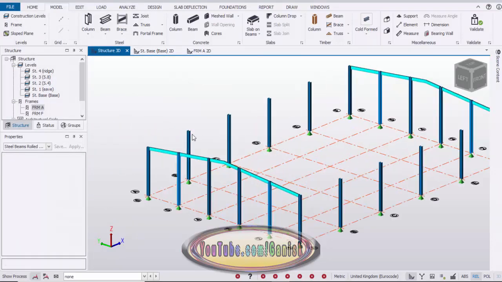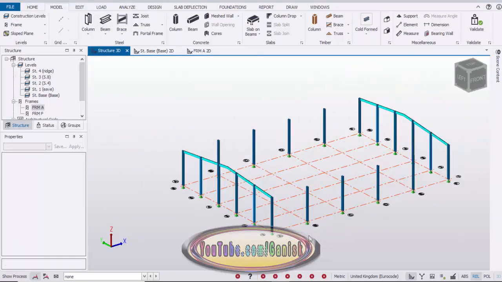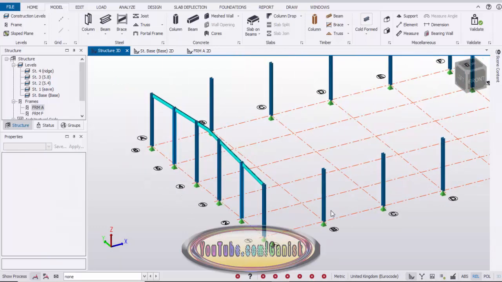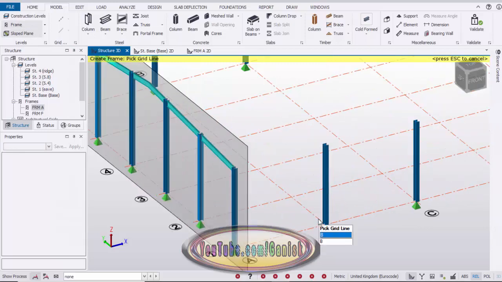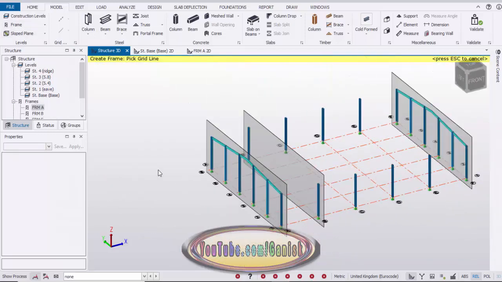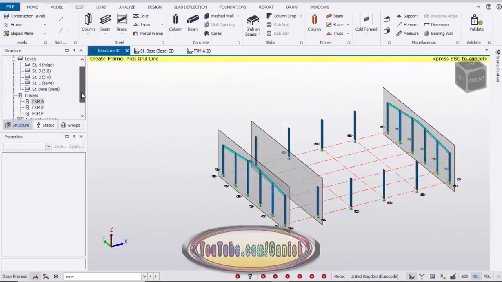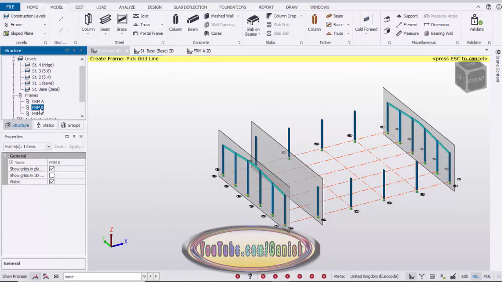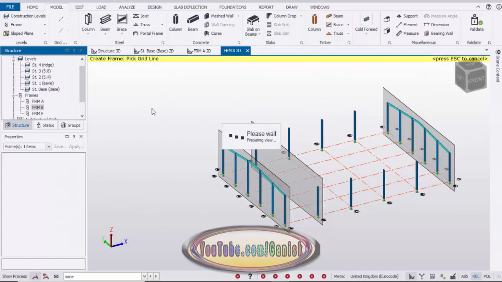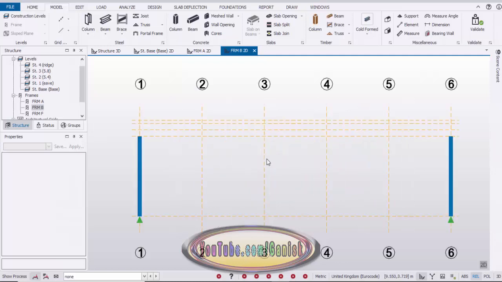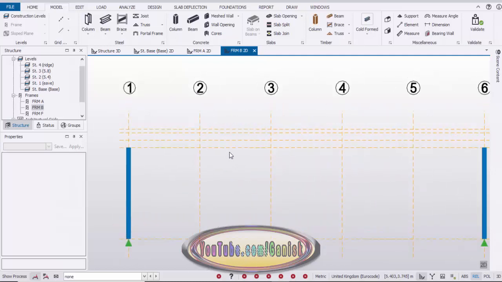Now we're going to create the interior rafters here, main rafters. So now we're going to create the frame at B. So click on select this frame and click on along the B, and now we have the extra frame in the at here. So double click on this frame. Okay, now we're going to take the reference point.